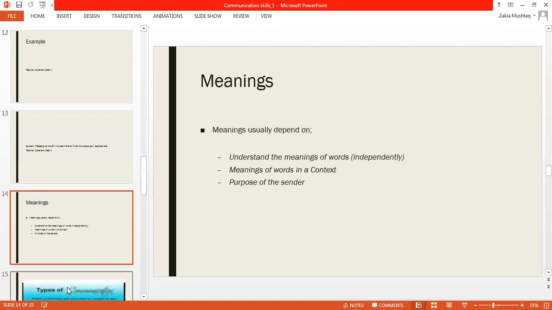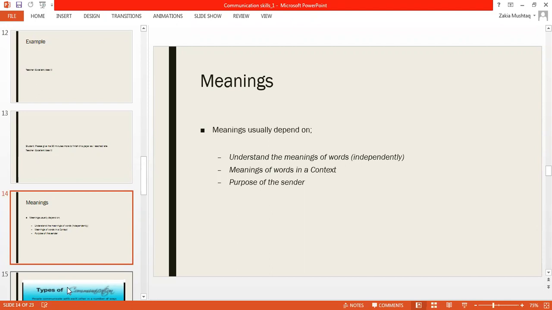So whenever we are looking for meanings, you need to know the independent meaning of the word, because if you don't know the meaning of excellent, you cannot get the idea whether it is independently positive or not. Then you have to see the meaning of a word in a context, how a context can change the meaning of a word, right? How meanings change when you see the